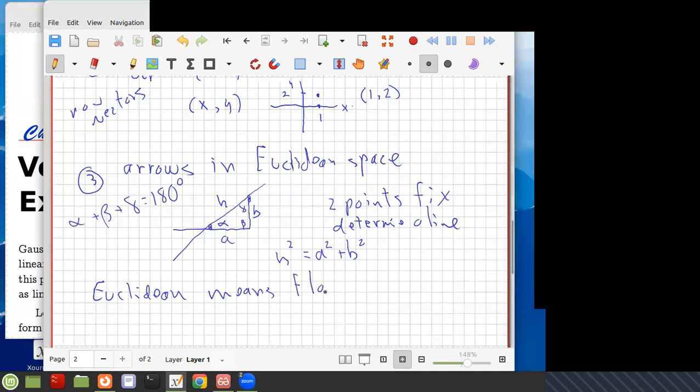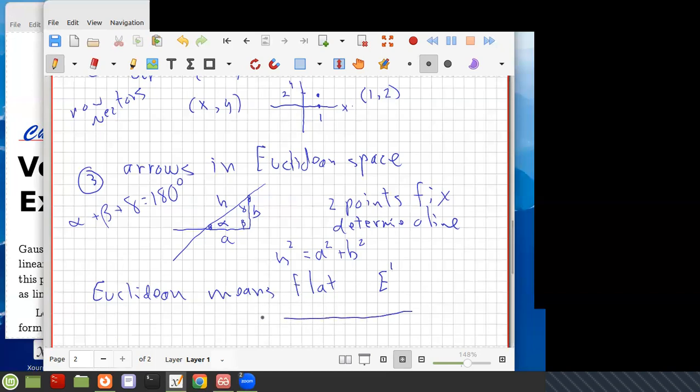flat. And remember that a linear system, if we look at the solution set from chapter 1, a linear equation is the equation of a line, but that's the equation of a line in Euclidean space. So the solution sets of linear systems are all flat spaces. So now we're going to call these